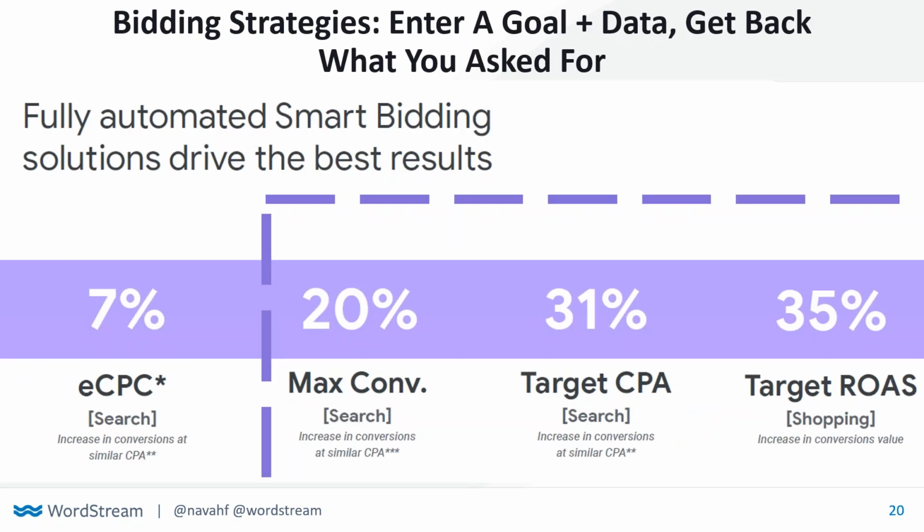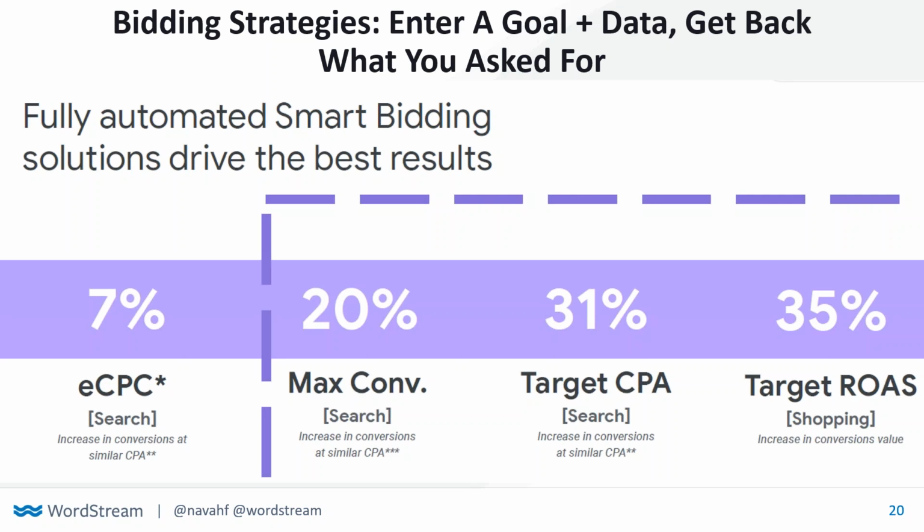Now, the one area where I find the most resistance to automation and machine learning is really in automated bidding. Full disclosure, this is a Google data slide. But one thing that we found really interesting is that enhanced CPC, or enhanced cost per click, which is 50% controlled by a human in the bids that we set and 50% controlled by machines, has a 7% increase in conversions with a comparable cost per acquisition.